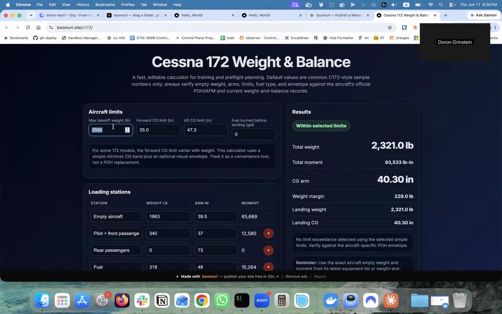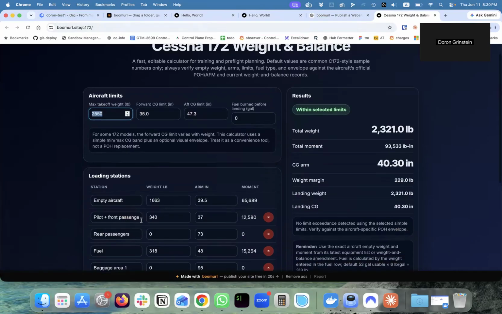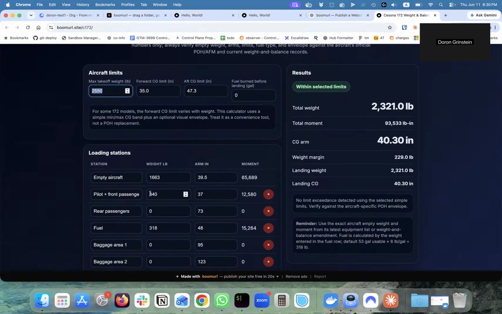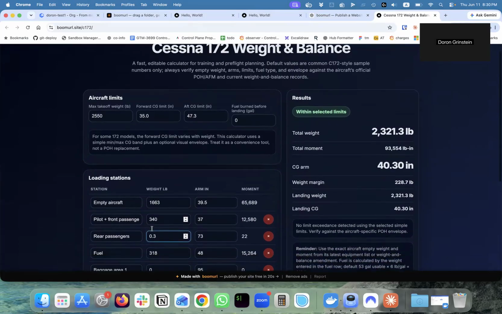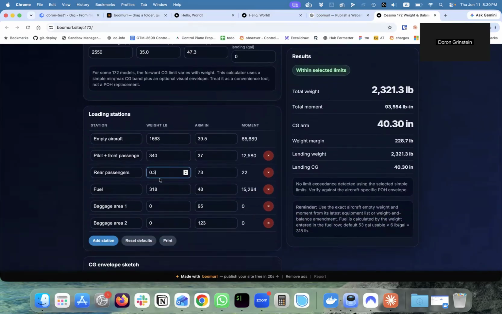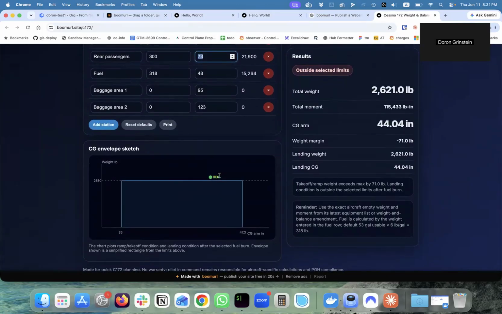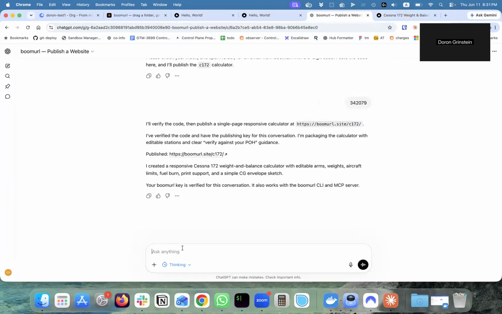I can say my maximum takeoff weight, and I can say the pilot weight. So I have two pilots. If I add some back passengers, I'll say another 300 pounds. And now I'm outside of what is called the envelope. Now, what's nice is that I can make it more graphical, whatever, and it will know how to fix it. I can say, make the graph a lot more interesting,